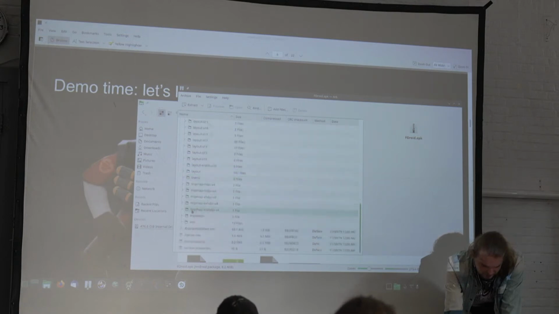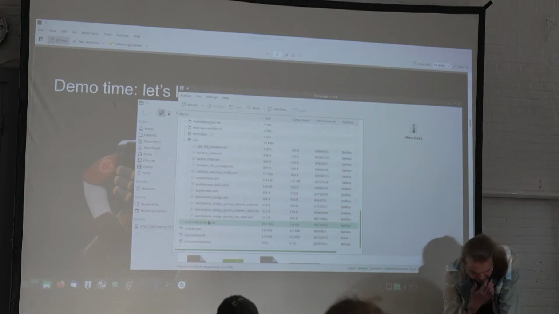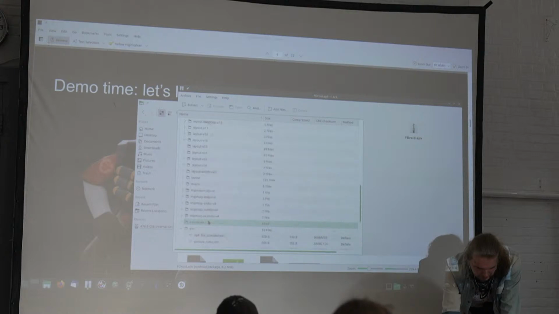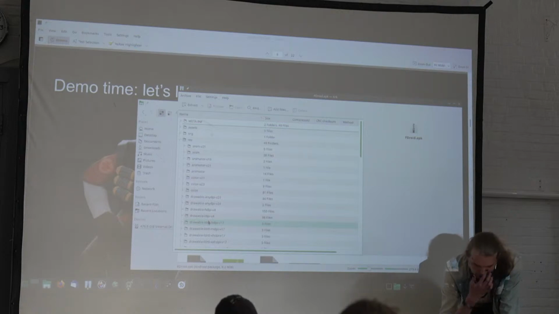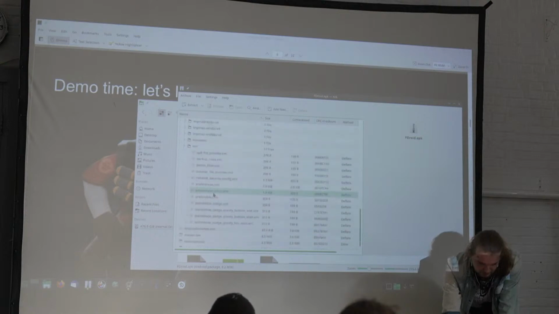Menus, maps, etc. Here's some random XMLs. Most of these you will not care about. Sometimes some of them are interesting for a reverse engineer. Especially some of these will have strings in them, which you can use to find entry points in your code that are interesting to look at,